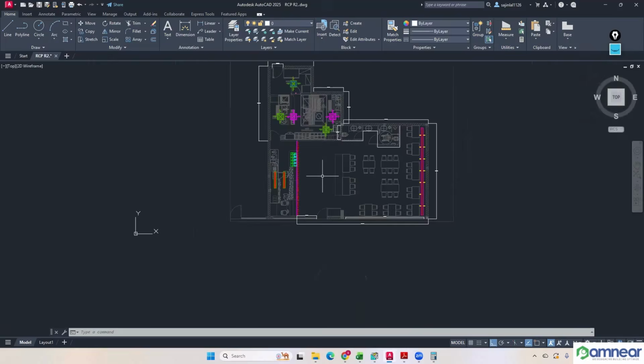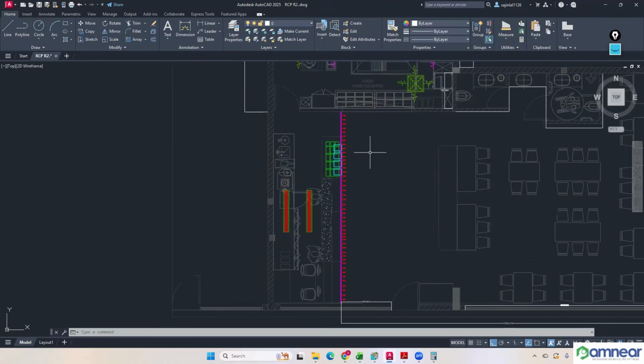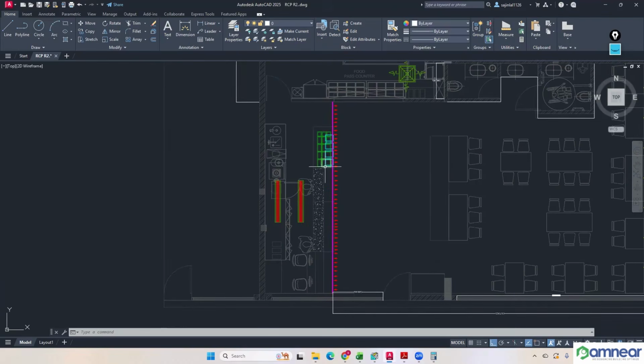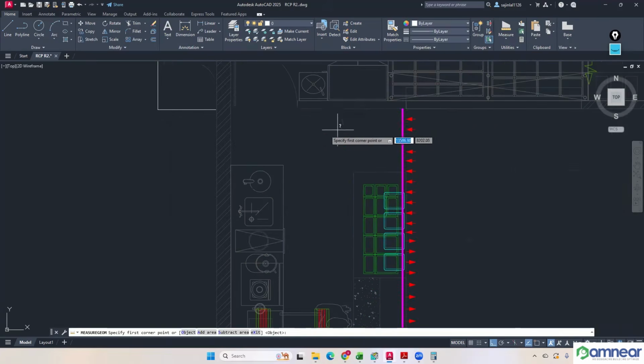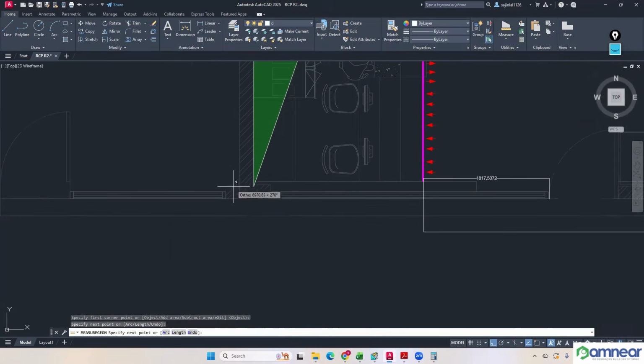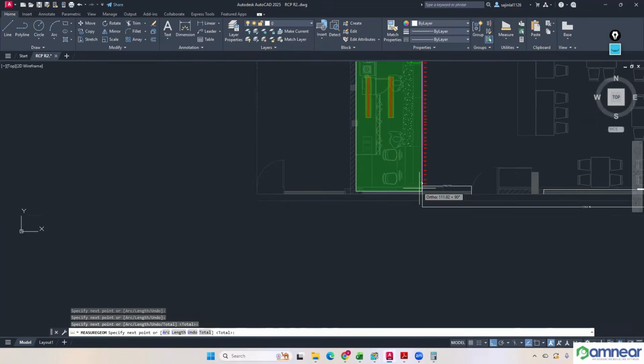Okay, now I am just doing this one, server area. Take the area space now. Okay, from here, then here, up to, let me take it up here now. This is a floor area. Click enter. Let's say it is